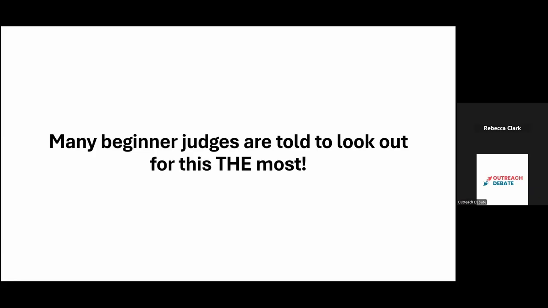So for these rounds, I find that a lot of my judges are told, just treat it like another debate round, but look out for this. And so these judges are told, what makes LD unique is the value criterion. So if they don't have a value, or if they don't have a criterion, or if they don't talk about it, why would they win? So I have found in my experience that even if I don't do an amazing job debating these things, even if at the end of the round I'm like, man, I really mishandled that,